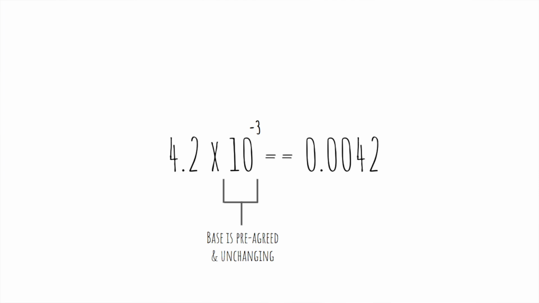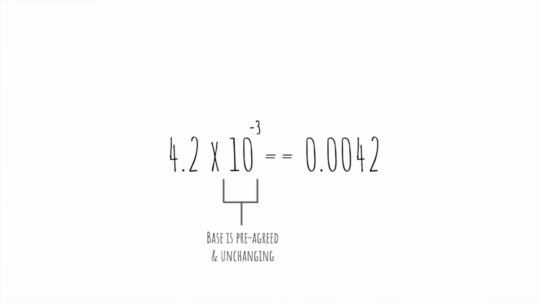Just as we do with scientific notation, we can always assume that the decimal point comes after the first digit in the scientific notation. This means we don't need to worry about storing it within the binary number, and it also means that we can slide that decimal point up and down without actually needing to worry about adjusting where it's actually stored. So if this is our scientific notation for the number 0.0042,